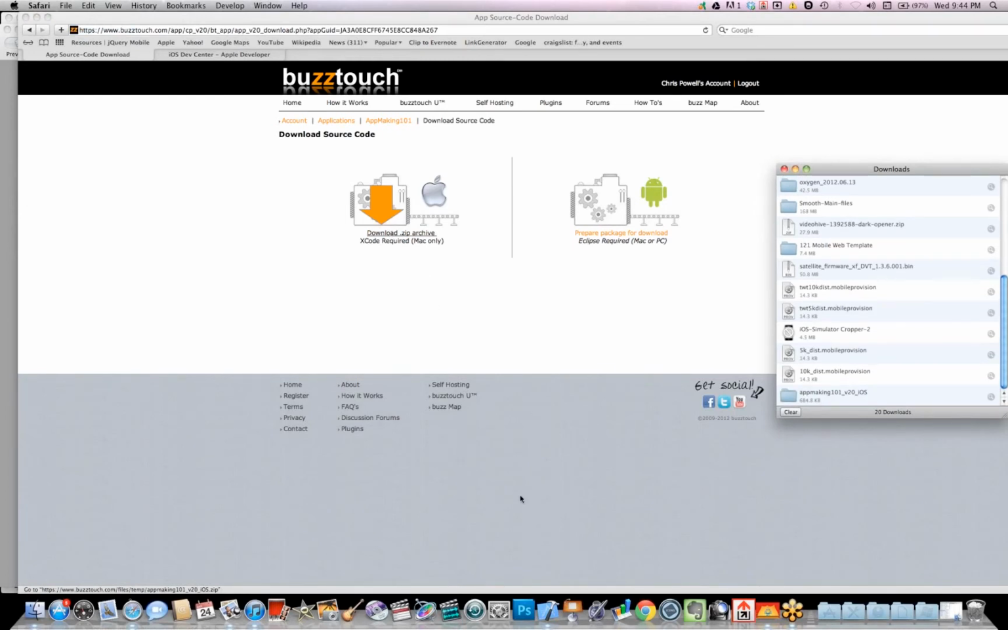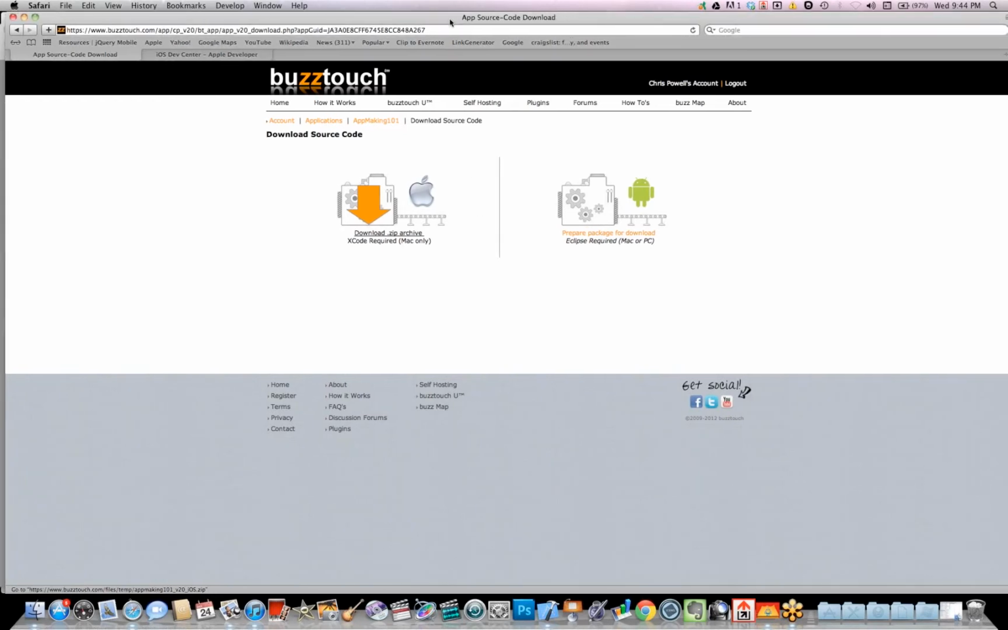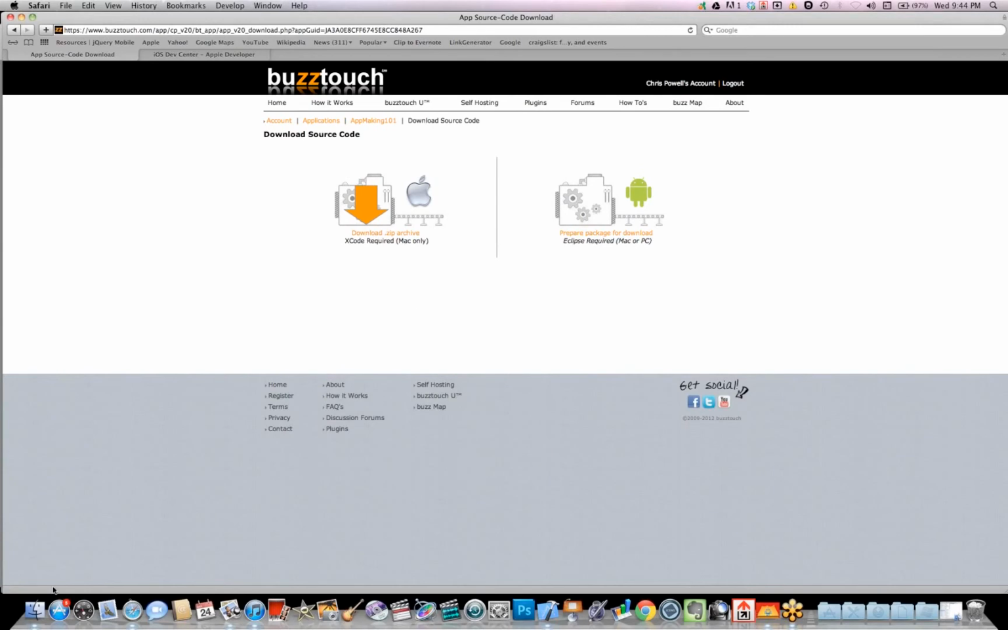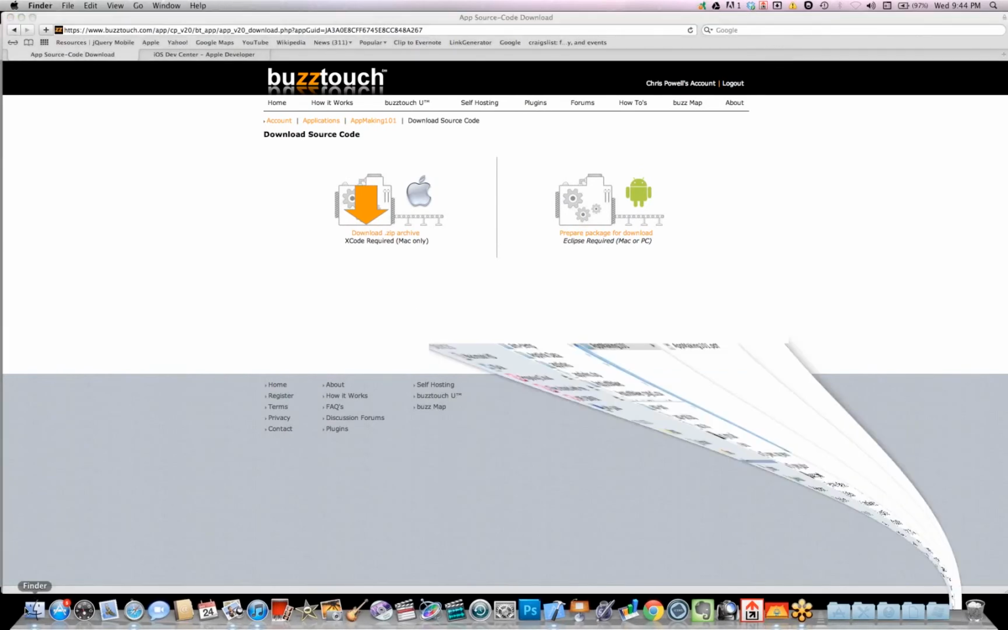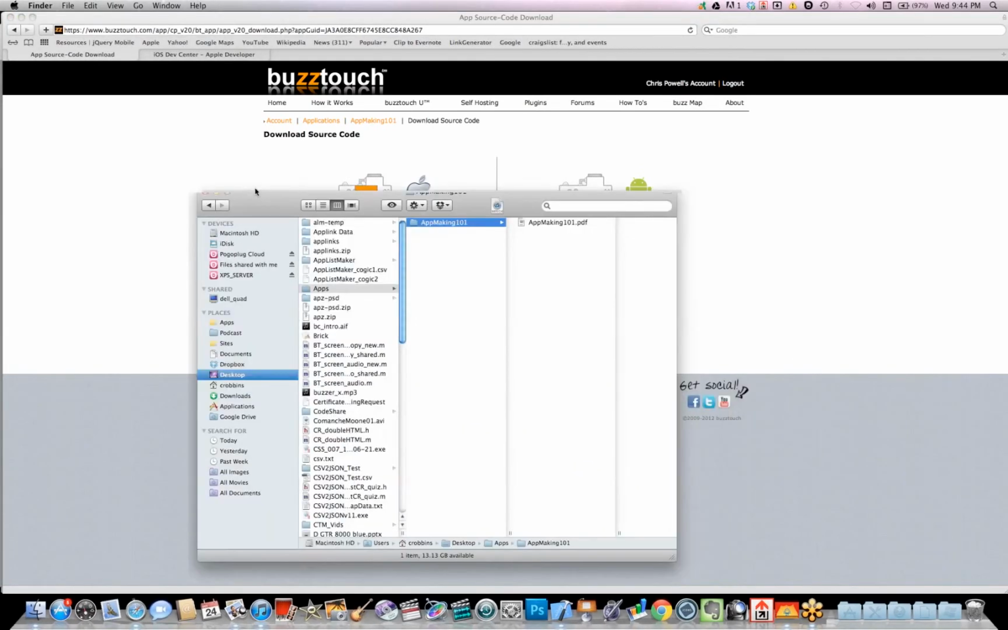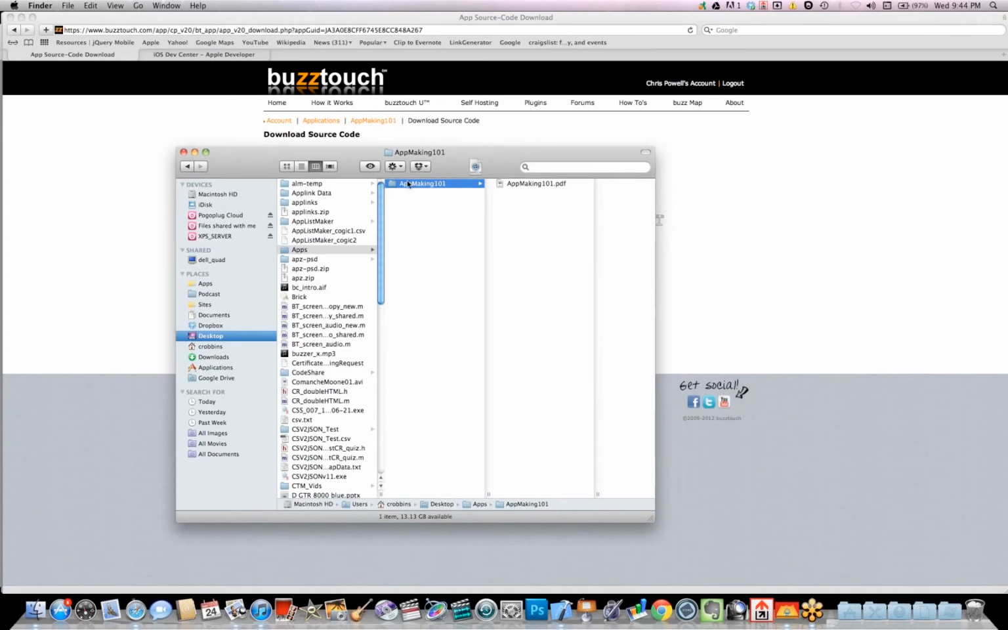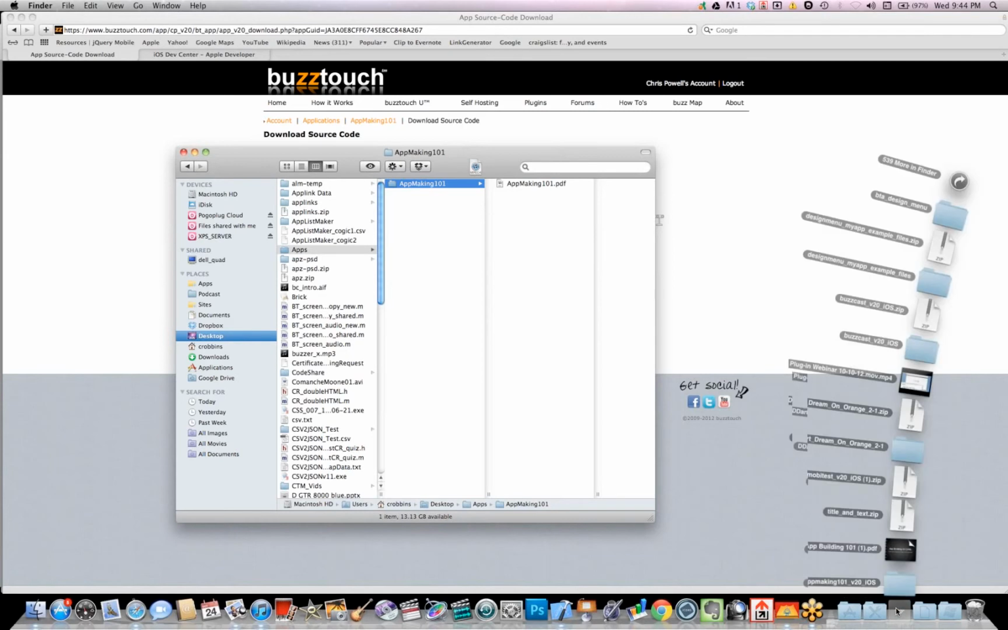And I've got my download. Now what I suggest, and this is just the way I do it, is I make an app folder, and inside that app folder I make a subfolder with the name of the app that I'm working on. So you can see I've got my apps folder. I've got the name of the app I'm working on, and I'm just going to take that download right there,